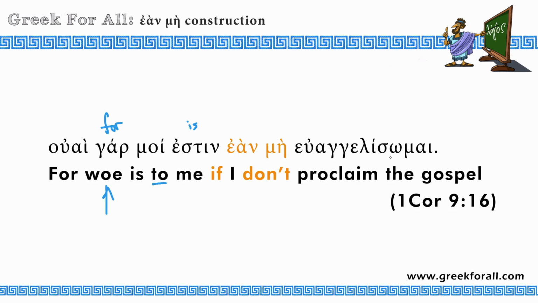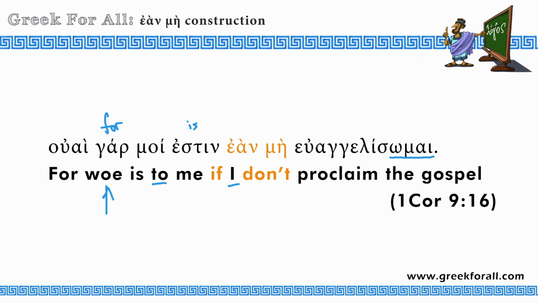Again, we have the ending omai. Mai is the first person singular, so this is where we get our subject. The subject is hidden within this verb, in this ending, so we pull it out. This is the connecting vowel. We can see it's long, it's omega, not omicron, and the lengthening of the connecting vowel tells us that this is the subjunctive mood, and this is what ean me requires.